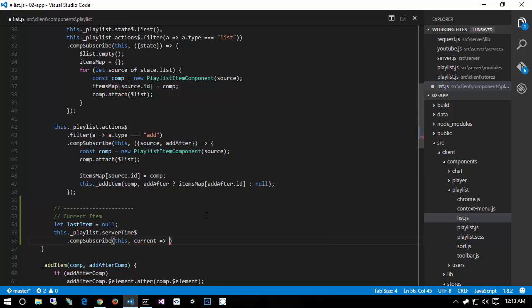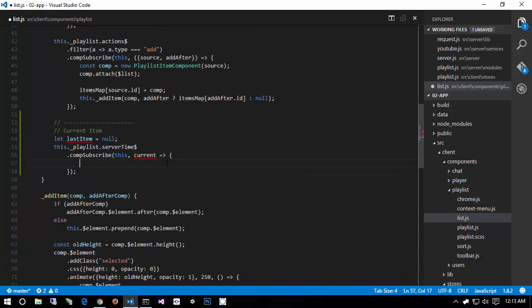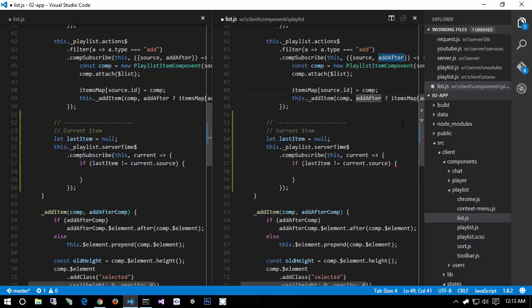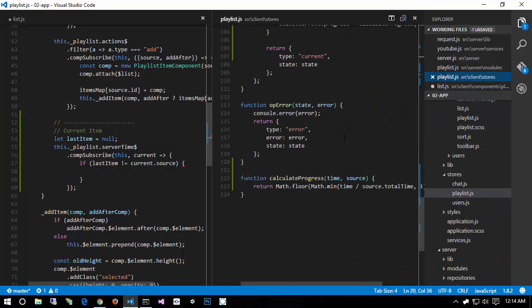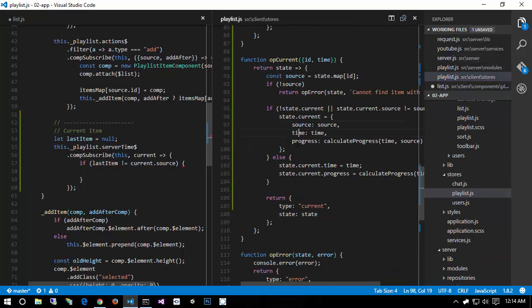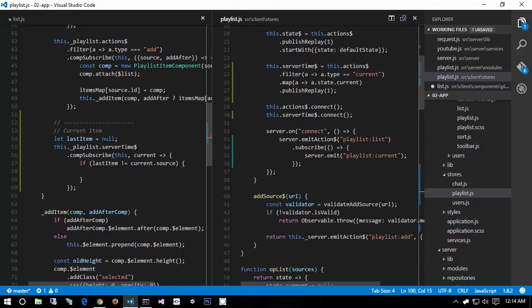So we'll say current goes into, and of course this is going to get called every time a current item changes or the server resyncs our time. So what I'm going to do is say if last item does not equal current dot, I believe source. Let's go ahead and verify that. Actually, I'm going to change that up just a little bit, but I want to verify the properties on this. So our current is a source and a time and a progress,